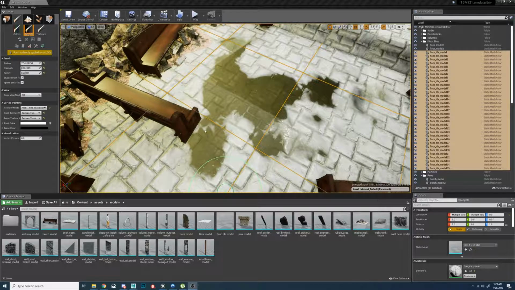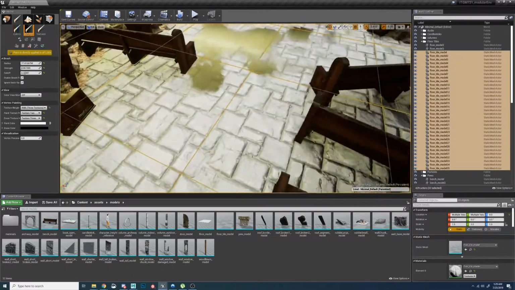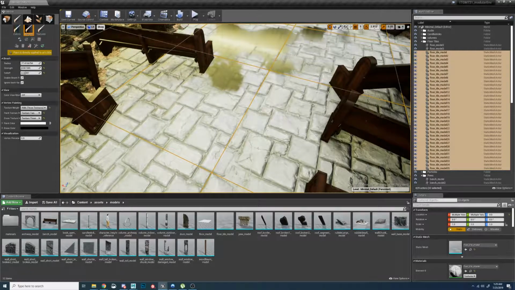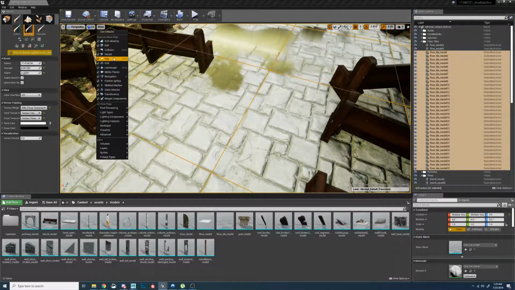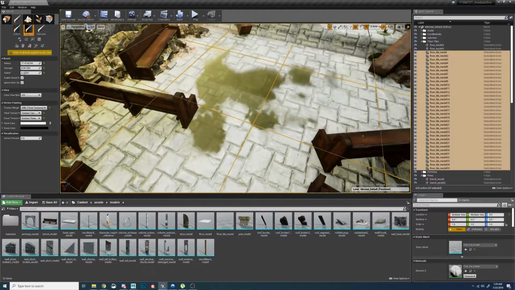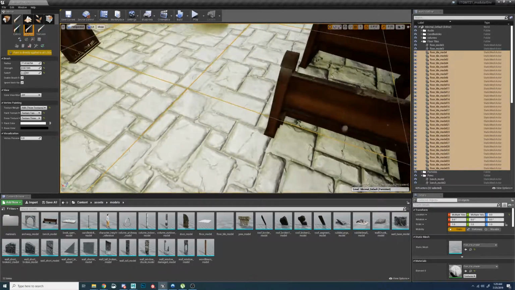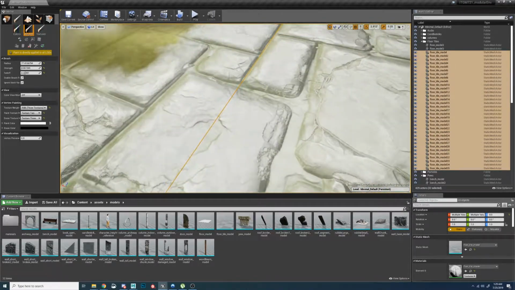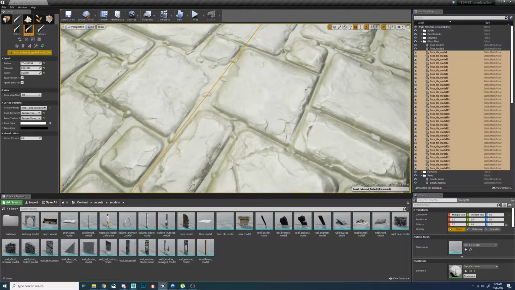So what I wanted for this scene was to have a floor texture, which is still not necessarily final, and I'm going to turn off the grid for now. It's still not necessarily final. I like it, but I don't necessarily love it. It does have some pretty cool